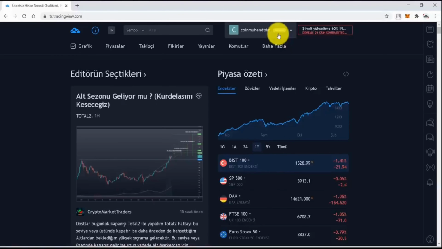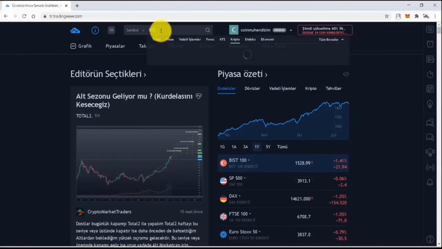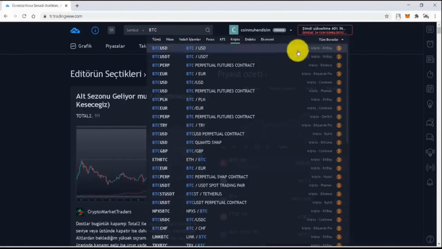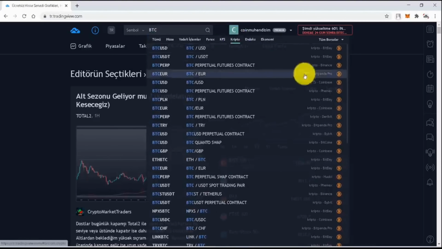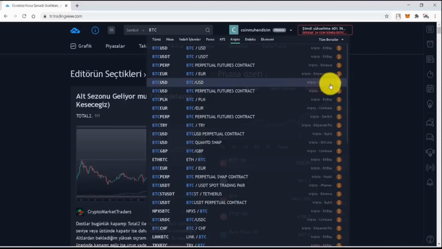There is no need to purchase premium or similar accounts when creating an account here. Free accounts will be sufficient for you. Here, I type BTC in the search bar, and after typing BTC, many things come up. There is everything here, and there is crypto. I select crypto. After selecting the cryptocurrency, I pay particular attention to whether it is available on Coinbase or other